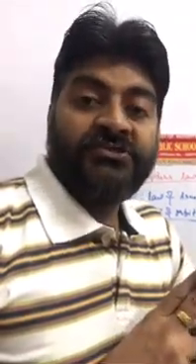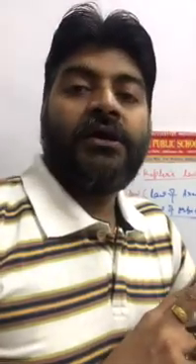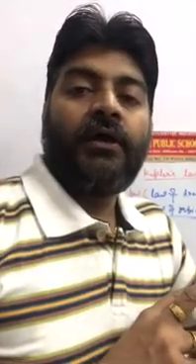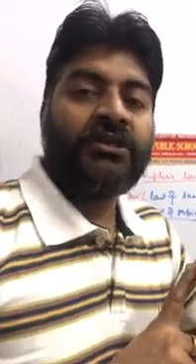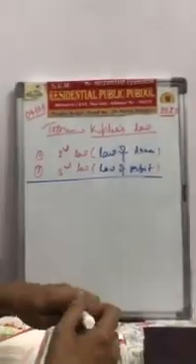Today we are going to study the second and third laws of Kepler. Kepler's second law is called the law of area, and Kepler's third law is also known as the law of time period. Now let's see on the board about Kepler's second law. According to Kepler's second law,